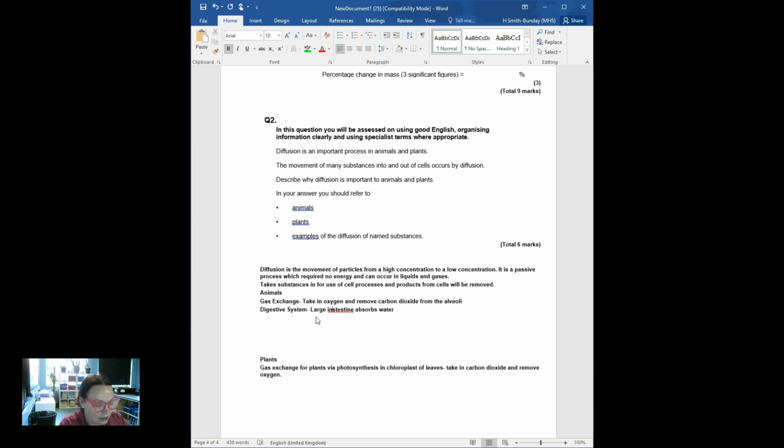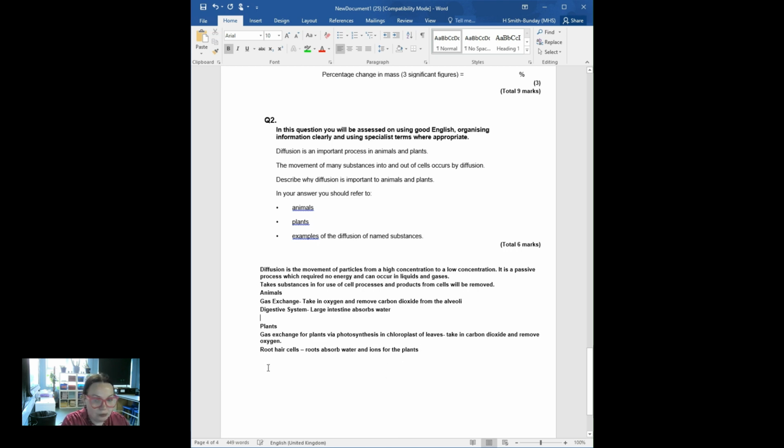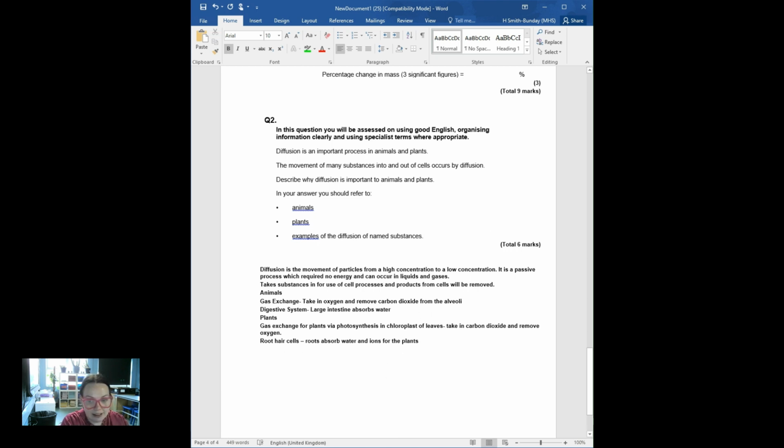We've got in here via the digestive system, the large intestine absorbs, oh my gosh, I can't spell today, I'm really sorry, absorbs water, and we know in the plant that the root hair cells in the roots absorb water and ions for the plants. So straight away,